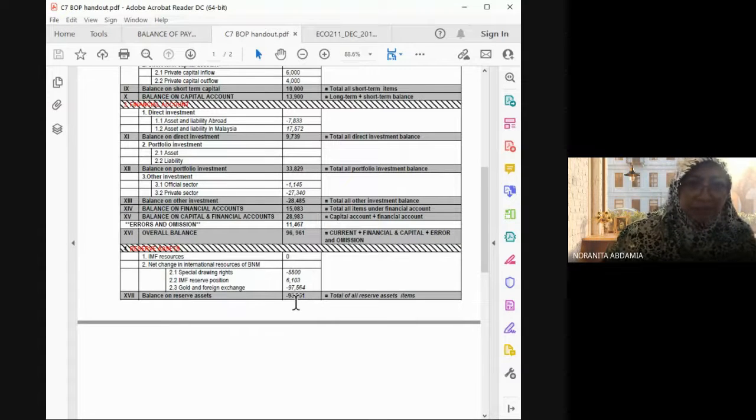Tetapi katakan dia deficit kat sini, yang mana nak cover, inilah juga yang cover. I cuma risau kalau tak faham kenapa figurnya kena sama, kenapa simbolnya kena berbeza. Sebab kalau you tak faham, the tip is this BOP must be always zero, and the figure from the reserve asset must be or can be offset with the overall balance figure. Okay, trickynya kat situlah in terms of the structure.